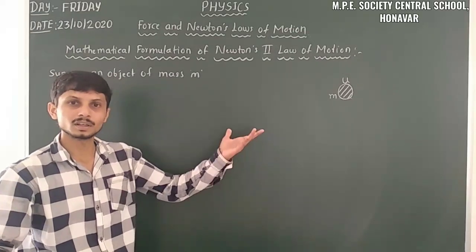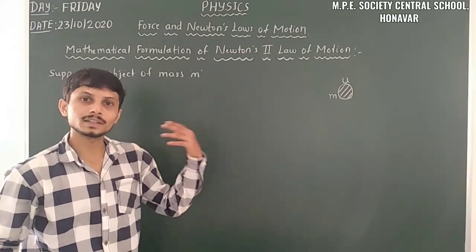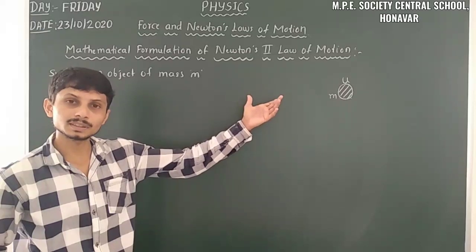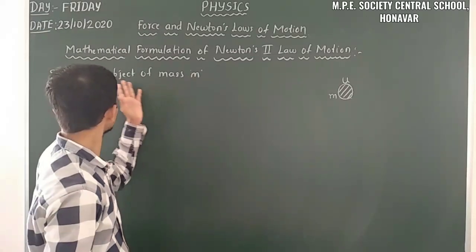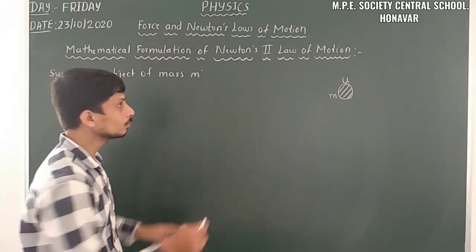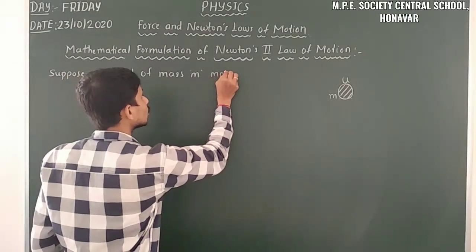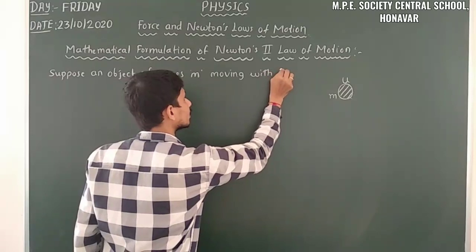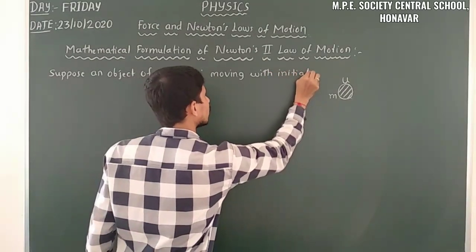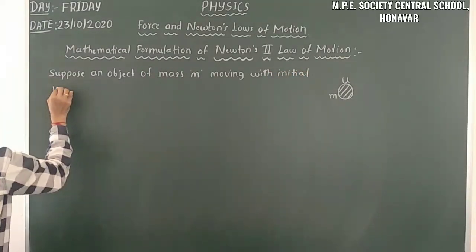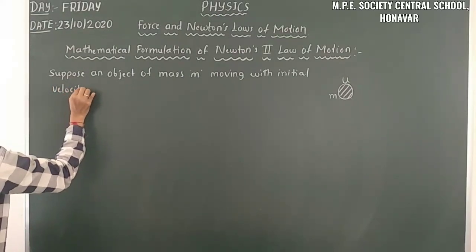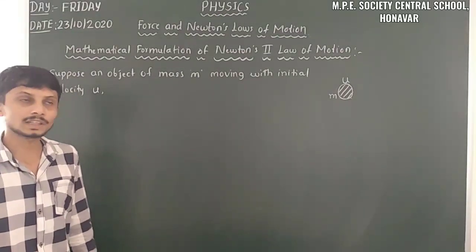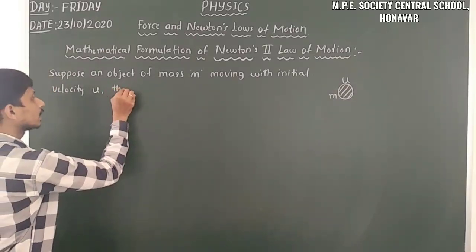Whether it is at rest or moving, we can take anything, but here I am considering it as u only. So suppose an object of mass m moving with initial velocity u. Then what about momentum? Then the momentum will be,